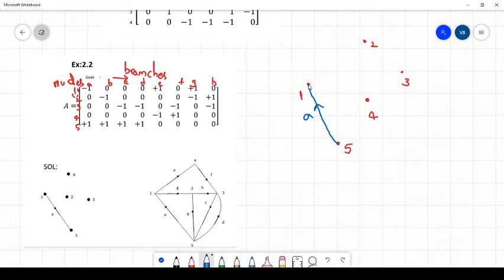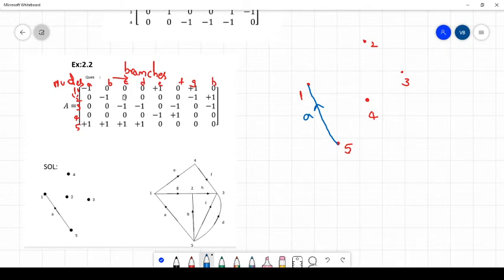If you want to write the value of the incidence matrix at node 1, branch A is connected here, towards that particular node, so you get the value as -1. If we want to write the incidence matrix value at node 5, node 5 is connected to branch A, which is away from that particular node, and you get the value +1. Okay, likewise you draw for B, C, D, E, F, G, H.